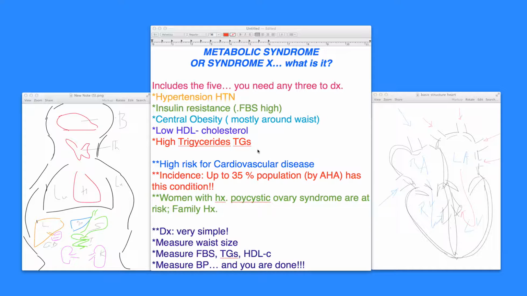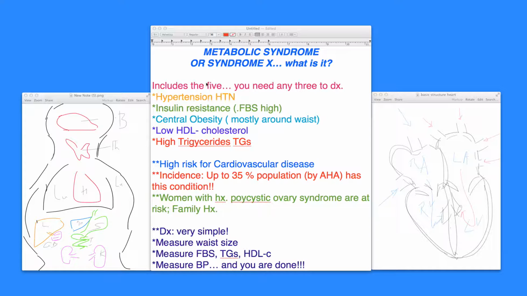What is metabolic syndrome, or what it was called as syndrome X? They are interchangeable terms; syndrome X and metabolic syndrome are one and the same thing. When you say a syndrome, it normally is a collection of various conditions, various symptoms. In other words, one does not point to one particular organ. So essentially, that's how you define a syndrome.